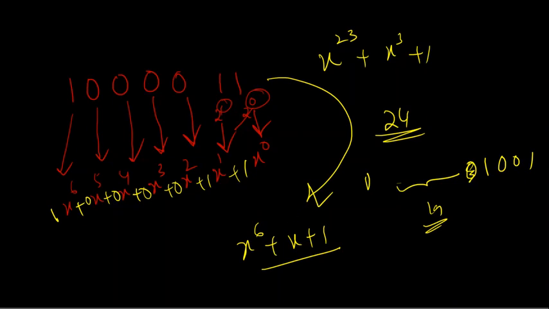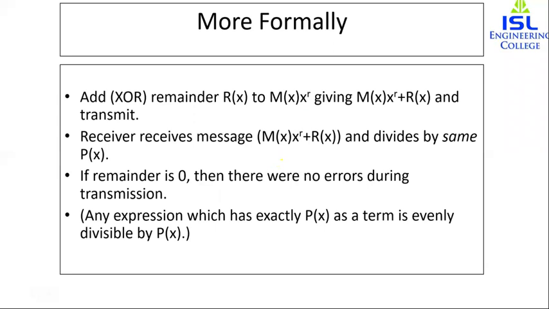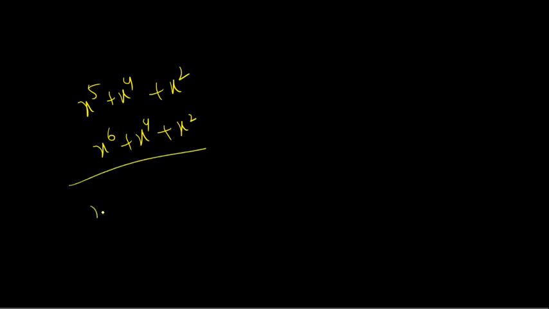Now, whenever we are talking about adding and subtracting polynomials, we do it the same way as in mathematics. And addition and subtraction are the same. For example, if we are adding the two polynomials here, x power 5 plus x power 4 plus x square and x power 6 plus x power 4 plus x square, then adding or subtracting is done by combining terms and deleting the terms. For example, in the case of adding, it will give us x power 5 plus x power 6. These two terms are deleted.